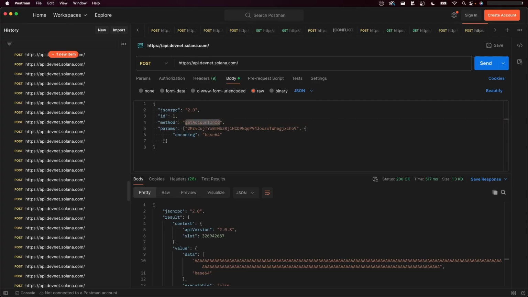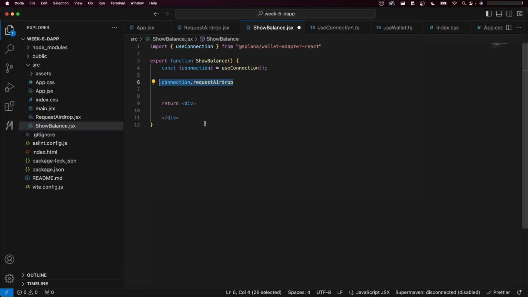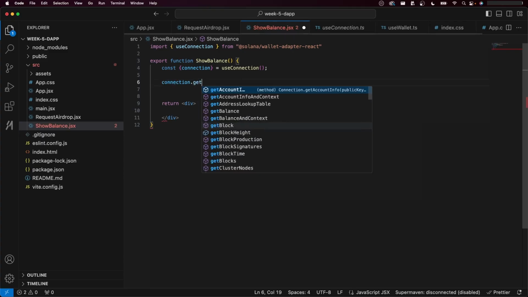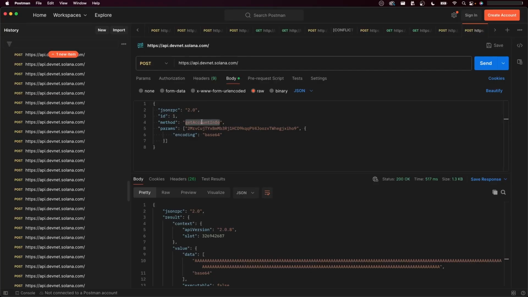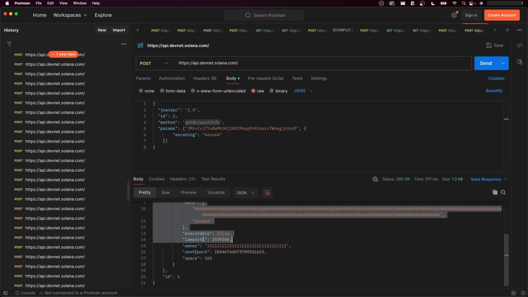And similarly, maybe it has a get account info function. And even better, it has a get balance function, which I think we can check very soon. But I think under the hood, this would just send a get account info request and parse the response to get back the number of Lamports the user has. So we can simply call